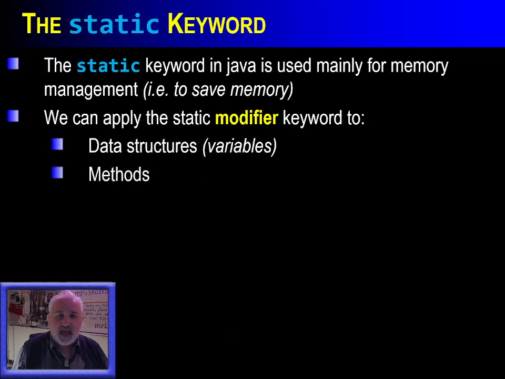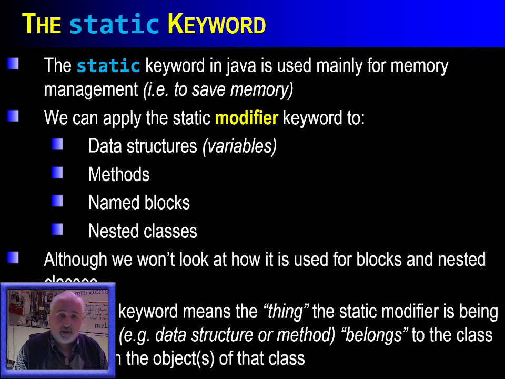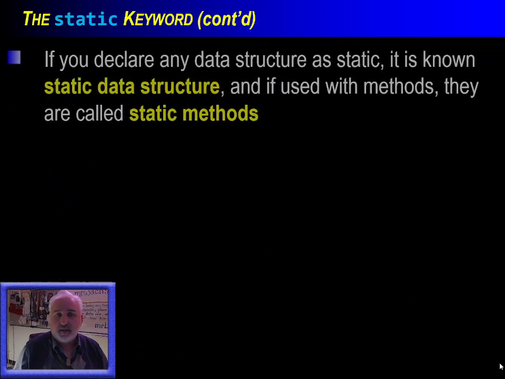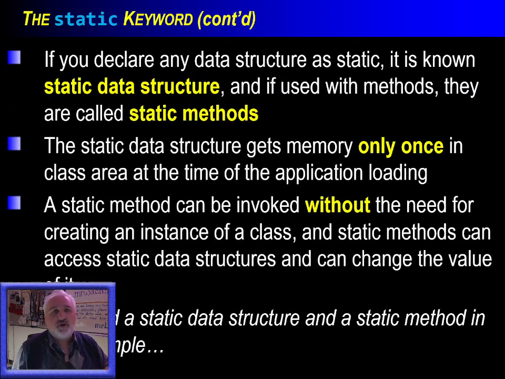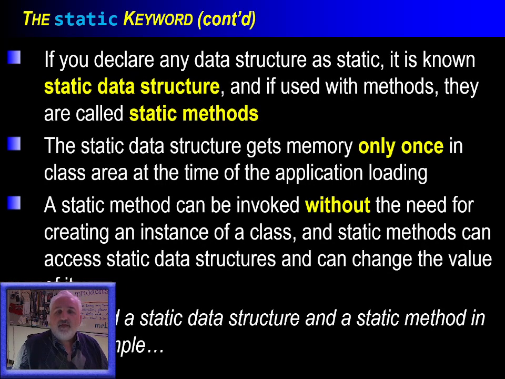So that keyword static is used in Java as it's applied to a variety of things, but let's focus on what we're talking about here. Static properties and static methods. Okay, if you use the modifier word static when declaring something like a data structure, like a static variable, what it means, and here you can see that, public static int total students within a class, is it means, and I'll back up here, that